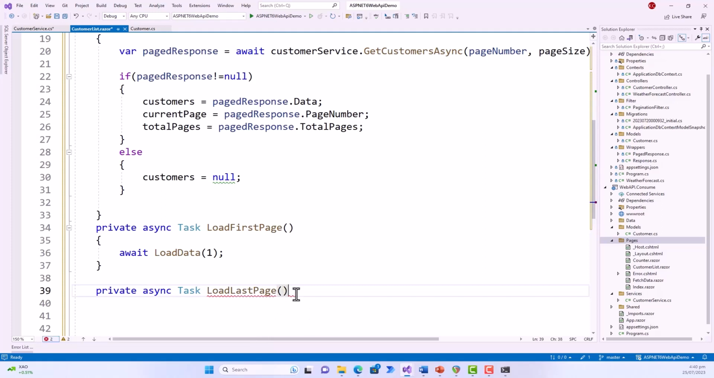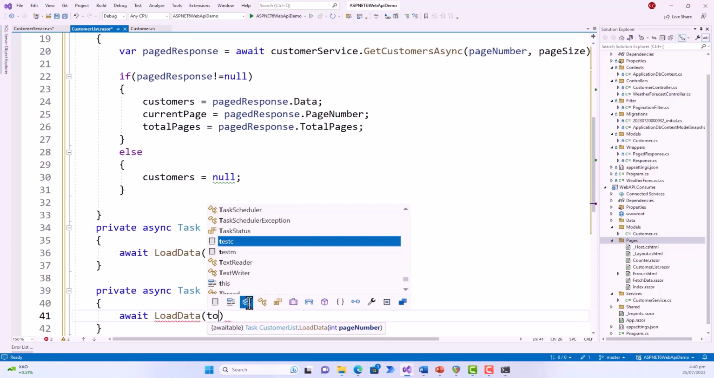Load last page. Again await and then call the load data again, and then load the total pages, because last page is actually the total pages, which is 25. The last page is 25 also as well. So total pages,